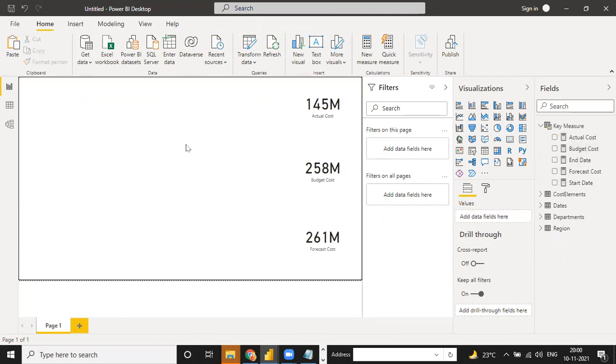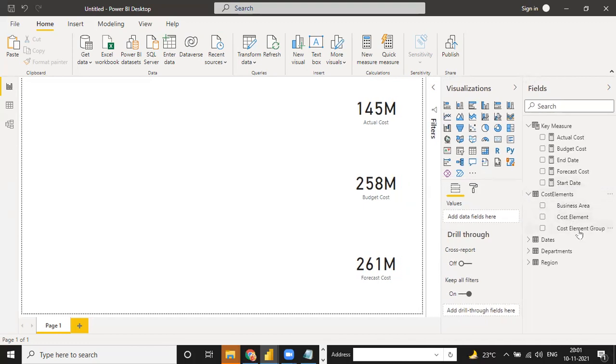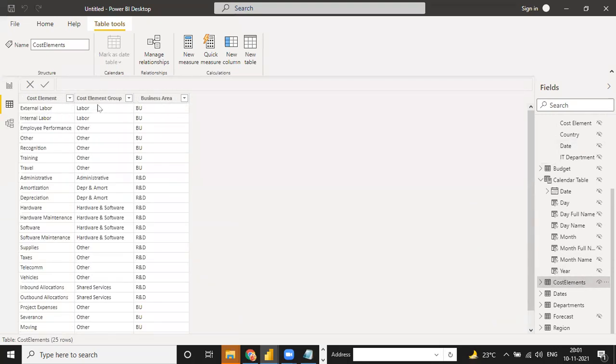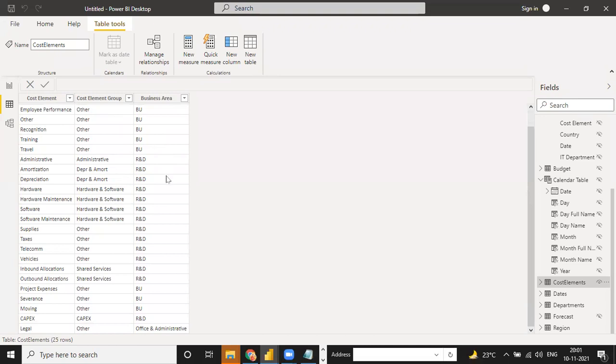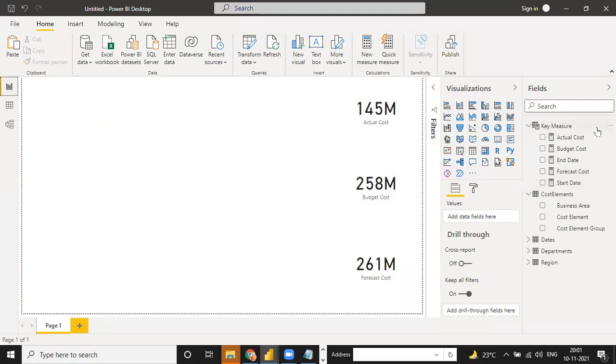So now if I want to calculate two or three things, like the total number of cost element groups, if I want that, how to calculate? Tell me, anyone? Total number of cost element groups. See, in the cost element table, we have business area, we have cost element, and we have cost element groups. If I click on this table, this is my cost element, this is my cost element group, this is my business areas. If I want to count these things, we are going to use a count function. So click on this new measure,